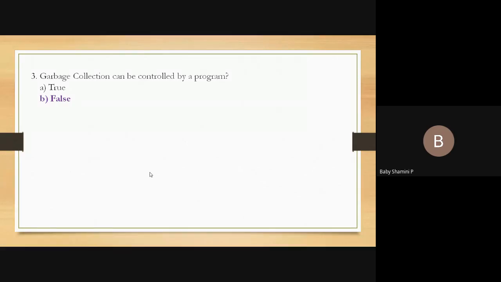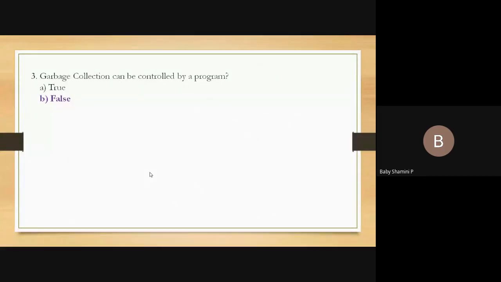But in Java, there is no need for a program to remove unreferenced objects. The JVM automatically performs garbage collection. So garbage collection cannot be controlled by a program. It is false. JVM automatically performs garbage collection in Java.